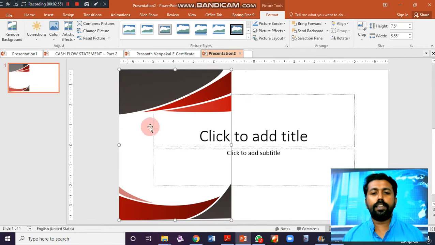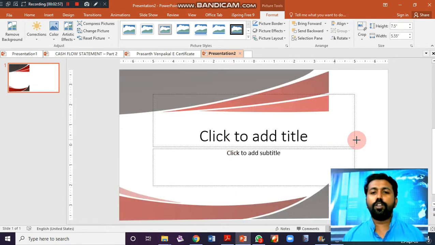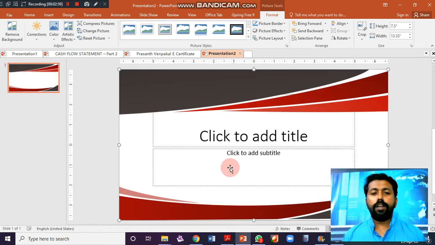We have to adjust the file by adjusting the width and the length. For this type of editing, you should always search for image files with the PNG format. Then only we will get more opportunity to edit. Whenever we open the file, it will come to the front. Then we have to send it to the back.